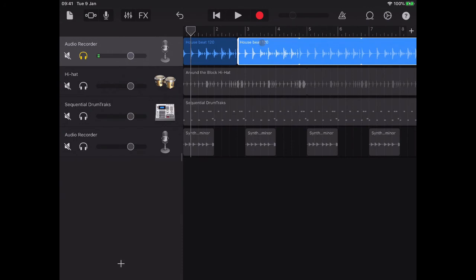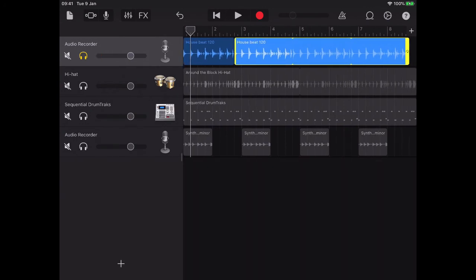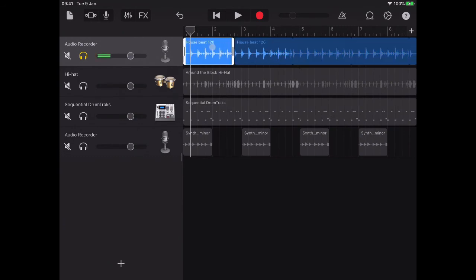So now, then, grab the end of this, just drag that up to the end like that. So now whenever we play it, we take it back to the start. We start with that kick. So we've got kick, snare, and then the other wee noises come in. Kick, snare, kick, snare, kick, snare, kick, snare. Like so. So if we drop that back in with the rest of it,